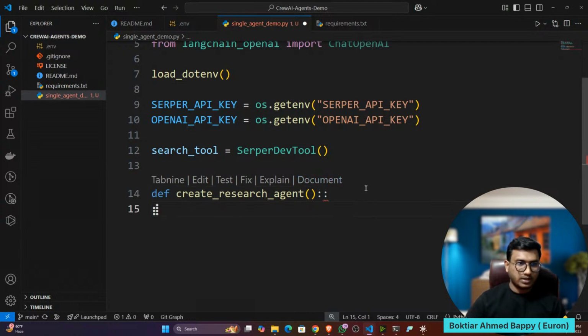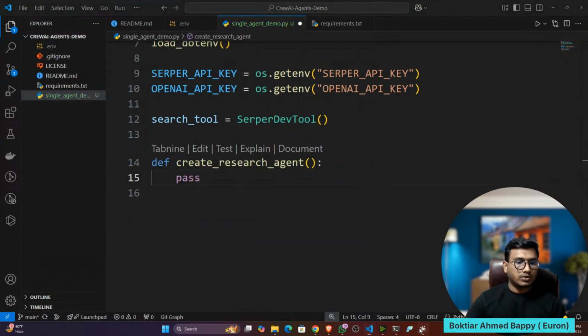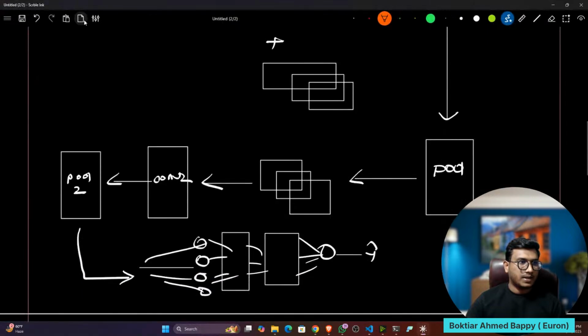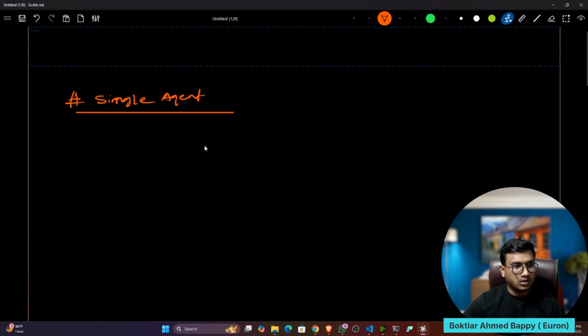So see what I'm going to do here. I'm going to create agents. Let me take a new screen. Here I'm going to create a single agent. Single agent means there would be only one agent, A1, and I'm calling this agent the research agent.